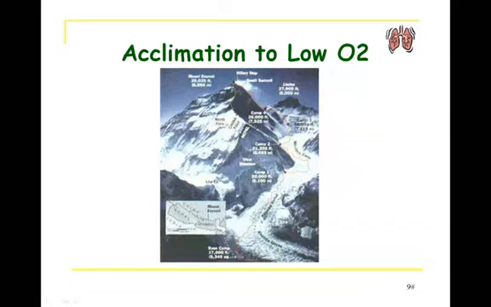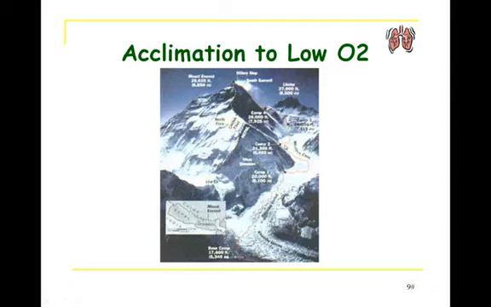But if you read the book, they'll tell you what goes along with trying to acclimate to this low oxygen environment. They start off at base camp. They spend a certain period of time at base camp, and then they go up to a first camp, set up camp, come back down to base camp. They may go to the second camp, spend a little bit of time, go down to camp 1, and they periodically will go up, come back down, and they take a long period of time from arriving at base camp before they get up to the summit of Mount Everest. And it allows them time to acclimate to the low oxygen.